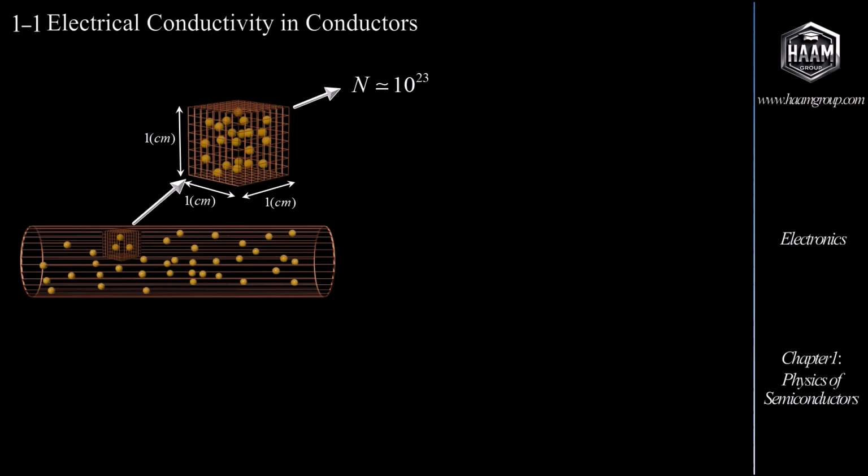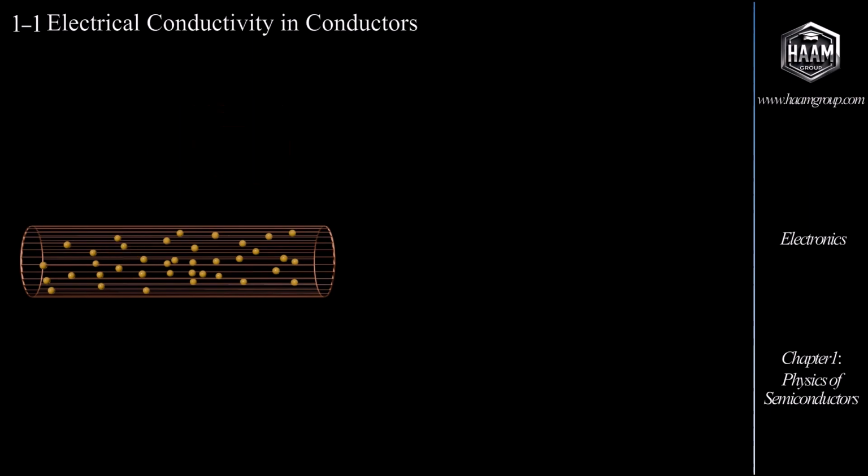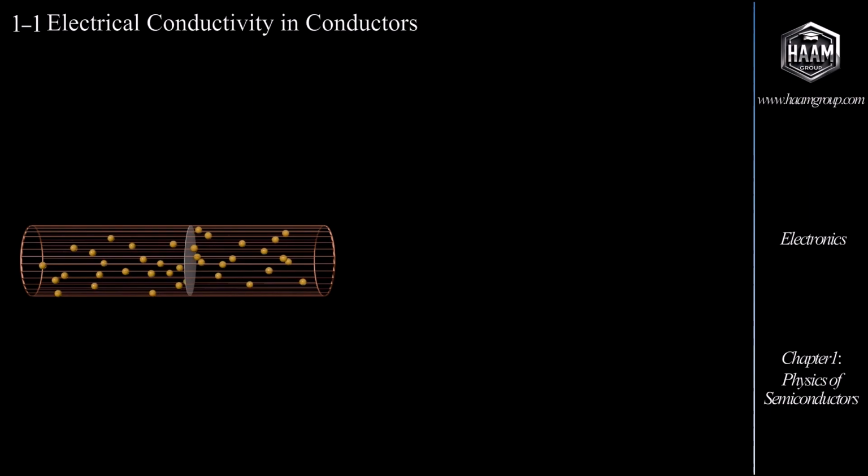However, at normal temperature and in the absence of an external field, the motion of these electrons is random and disordered. Therefore, practically speaking, no current is generated across any hypothetical cross-section, since the number of electrons entering and exiting is approximately equal. So, in the absence of a field, despite the presence of a large number of free charges,